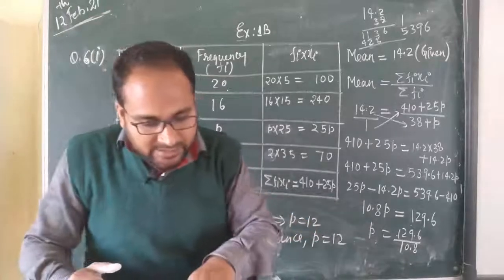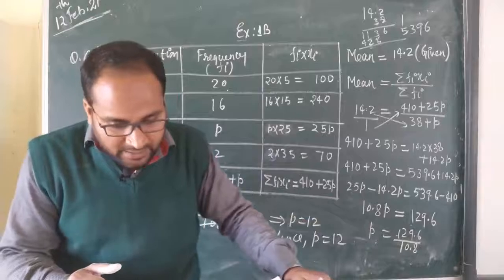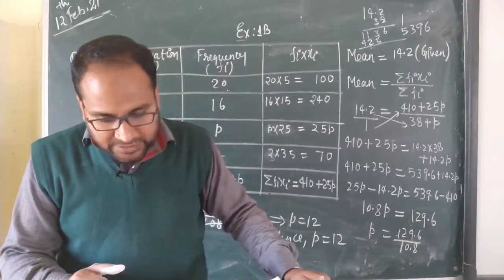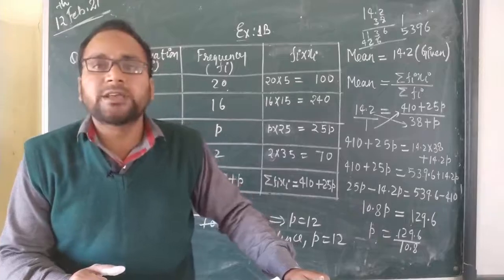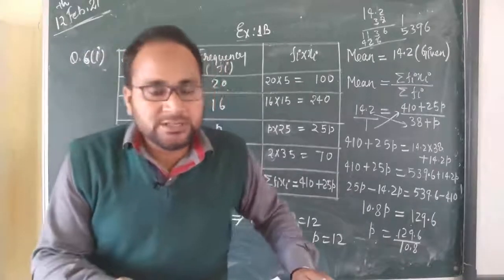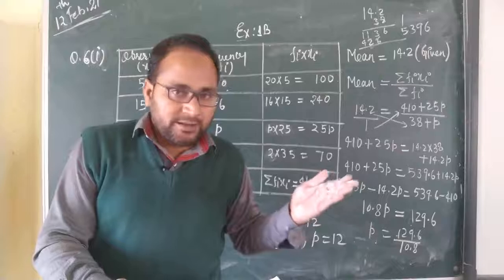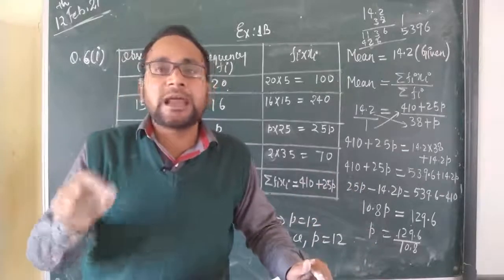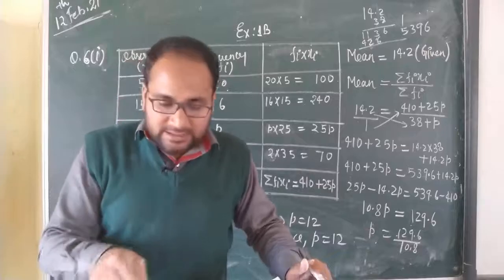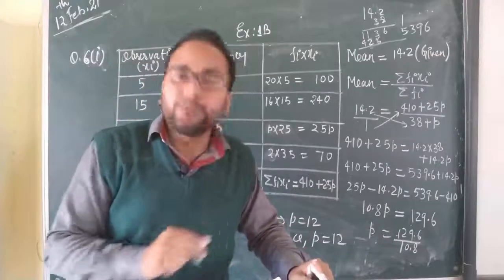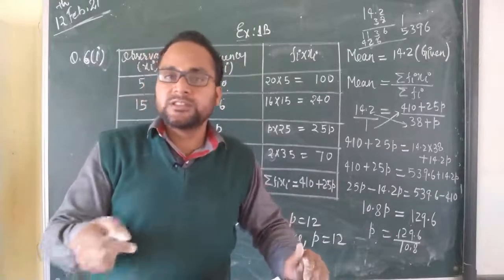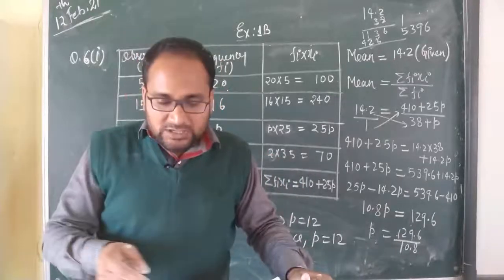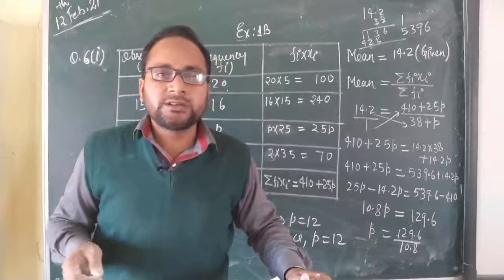In the same way, you will try the second part also. In question number 7, prepare a frequency distribution table for each of the following and calculate the mean. You can use tally marks also, students, and this is the same as question number 5. First you make the table, and then you find the mean. So this is also your homework, students. You can try it at home.